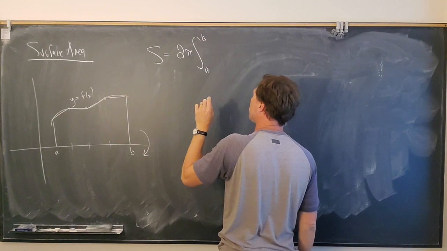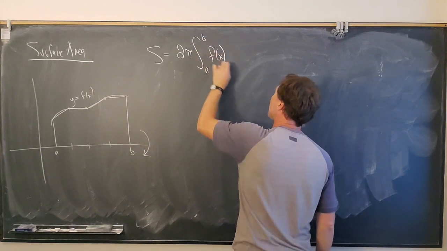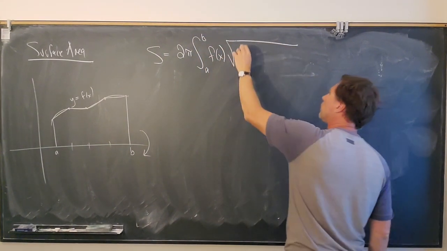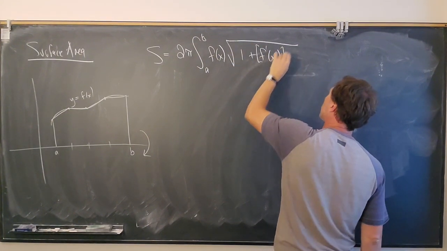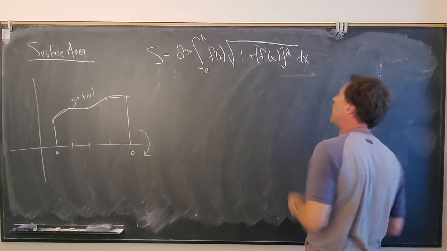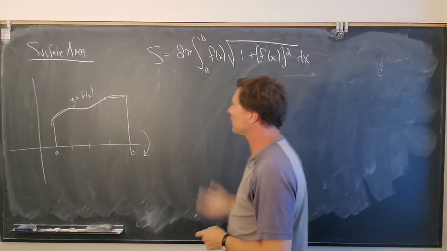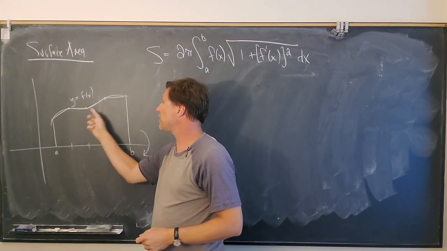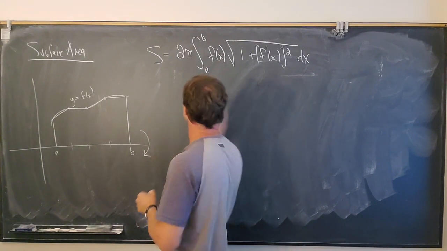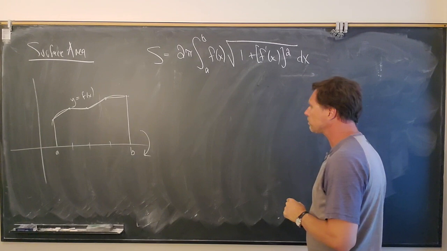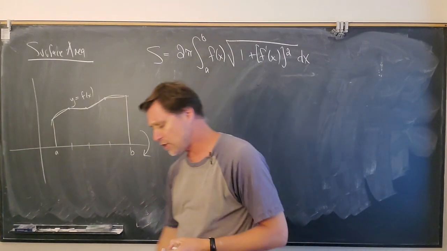Integral from A to B, f of x times, and now look at this. This is going to look exactly the same as what we just saw when we did arc length. That also should not be surprising, right? We're approximating the shape of our curve using that same idea, diagonal line segments. Right, so here's the formula for surface area. Let's try an example, and just as before,